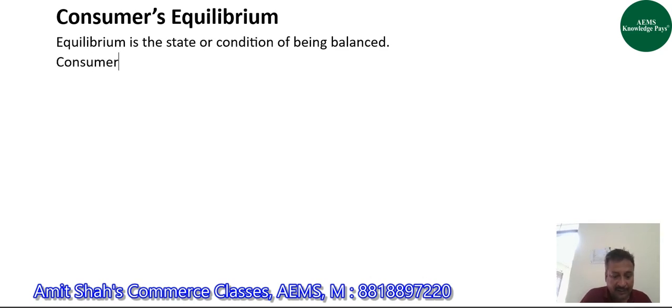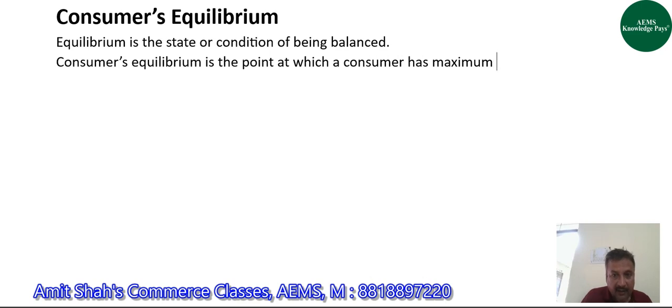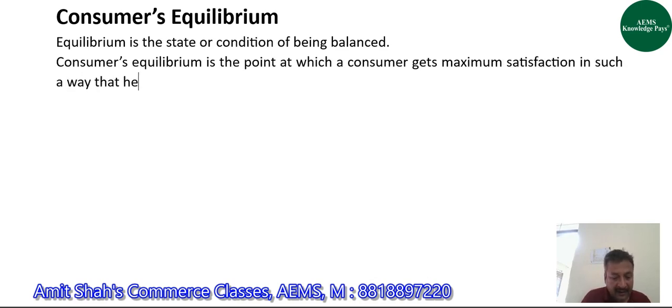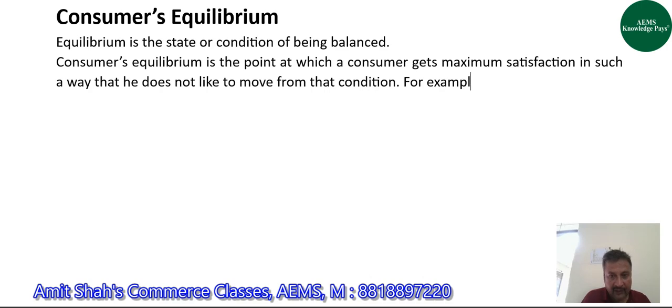So, consumer's equilibrium is the point at which a consumer has maximum satisfaction, or at which a consumer gets maximum satisfaction in such a way that he does not like to move from that condition. For example, if three chapatis, that is three